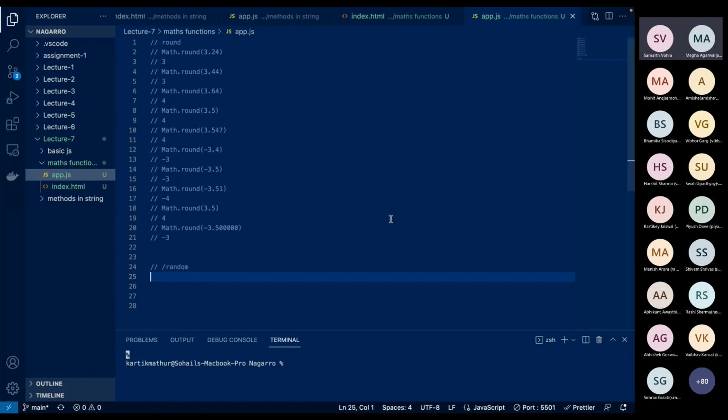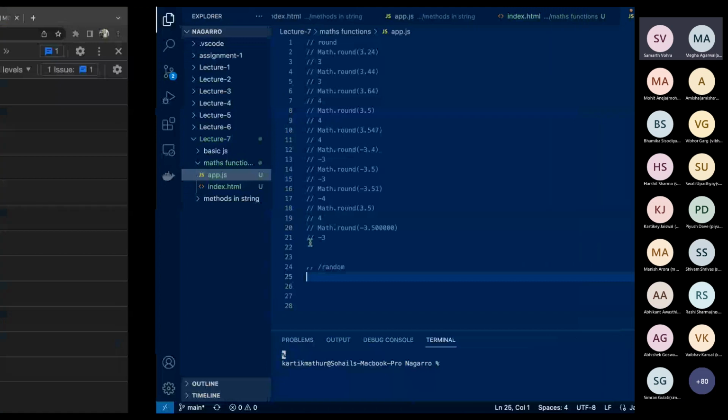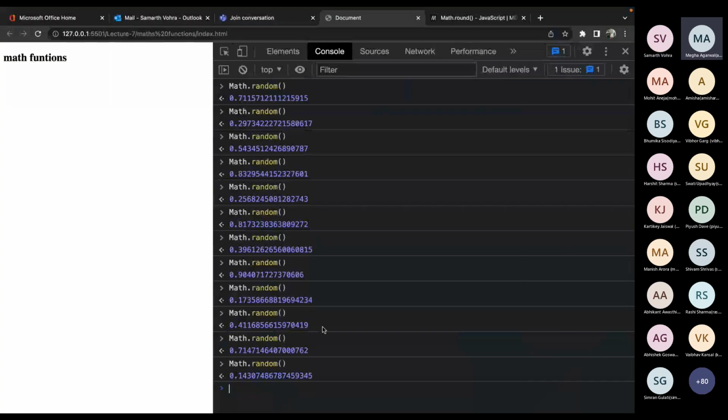So let's assume I want to create a random number. Math.random. I want my number to exist from 0 to 9, right? So what I'll do is simply multiply this number with 10, right? It is generating numbers between 0 to 1. If I multiply the number with 10, then it will give me the possible values from 0,